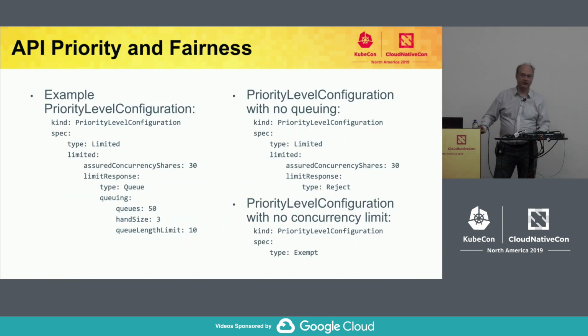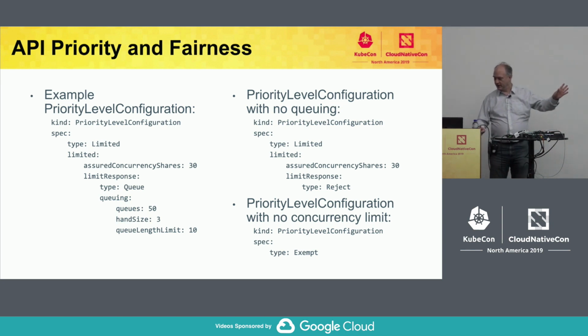Let's look at some example configurations. So for a priority level, maybe we start in the bottom right here. The simplest kind of priority level is one that is exempt from controls. It just says, hey, I'm exempt. Next level up in sophistication, top right-hand side of the slide, is a request priority level that says, okay, I'm going to have concurrency limits, but I'm not going to do any queuing. So you see there's a parameter called assured concurrency shares.